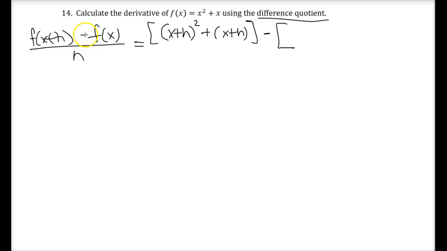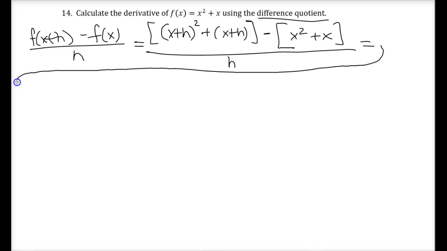And so now we have minus, then we just need to do f of x. So we just have x squared plus x, and we take all that and divide it by h. Okay. Now, next step we're going to do is we're going to try to expand out what's here in this